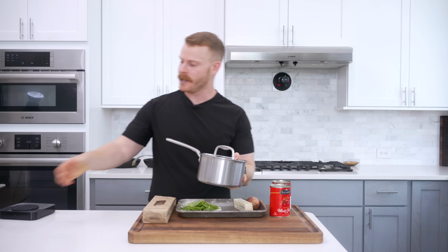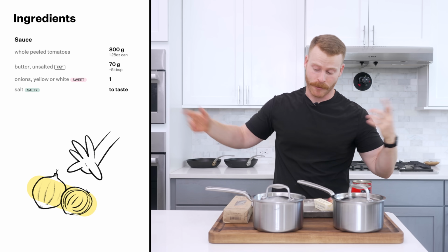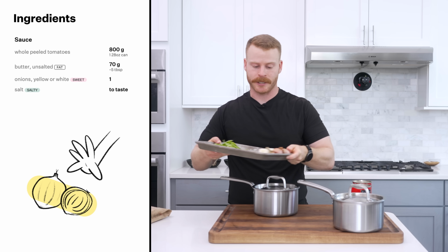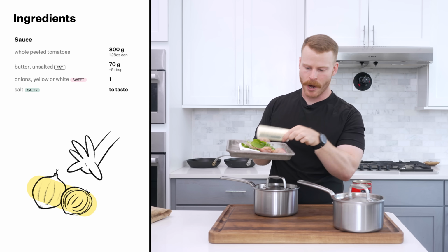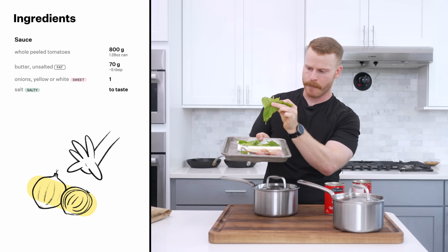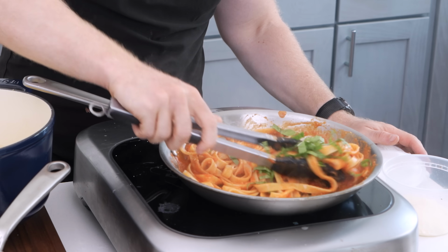So the reason why this is the simplest pasta sauce you can make is you just toss it into a saucepan, and then I'm gonna throw it in the oven for about an hour. We'll just fast forward through all of that cooking, but really, this is quite simple. And the only aromatics I'm gonna use is some shallot, butter, our tomatoes, and then to finish the pasta is where we'll use up the basil and add a little bit of Parmesan,